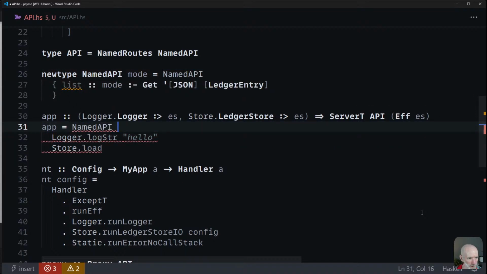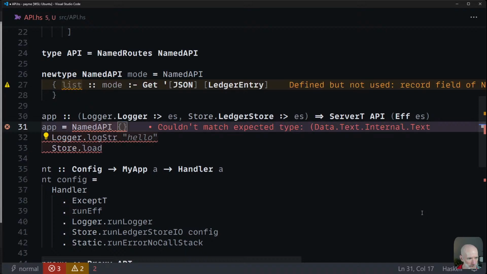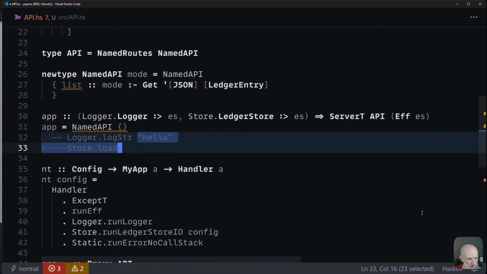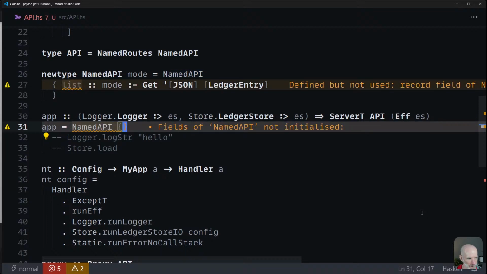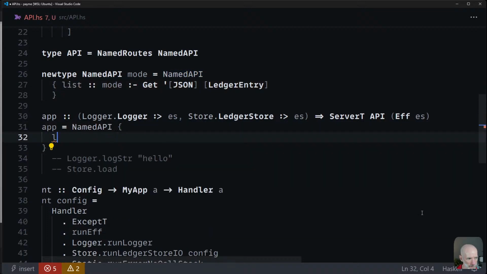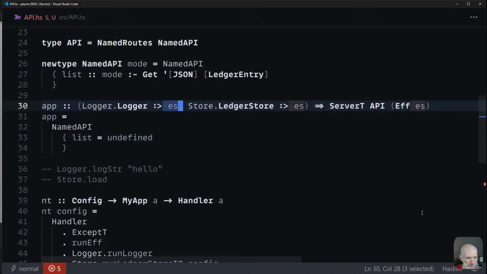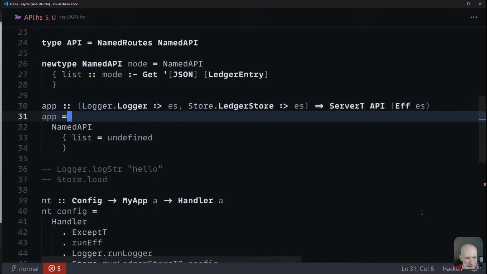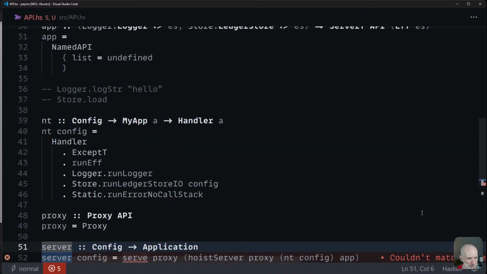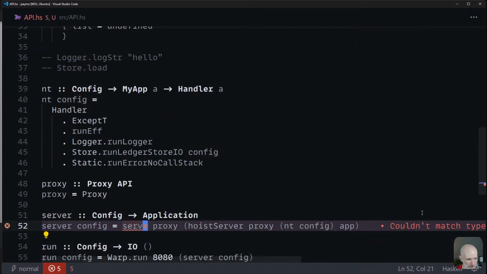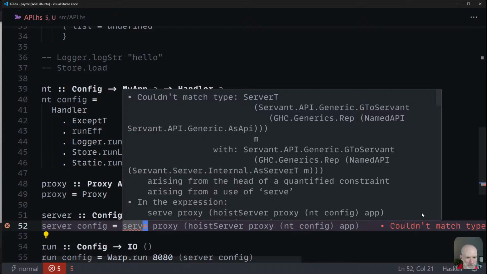So that'd be named API, and then just give it a second. And it's got list, which we can set is undefined. Okay, it's that. Right, so server T API and then F of things. I have more errors though. Okay, so